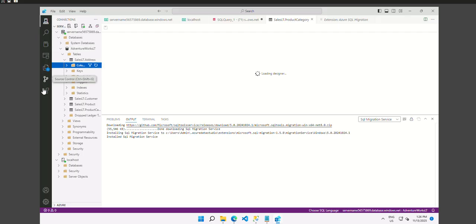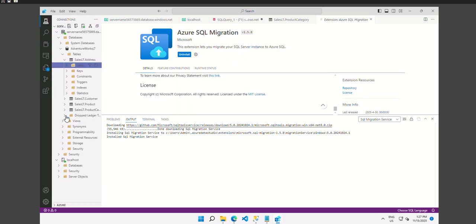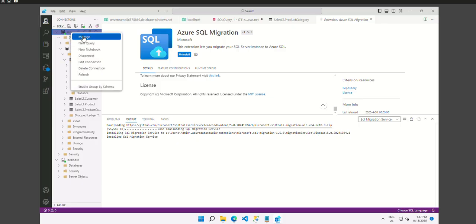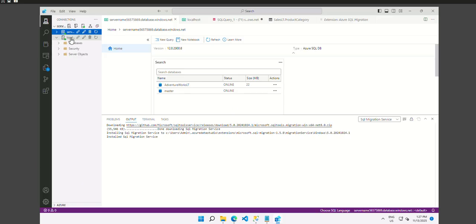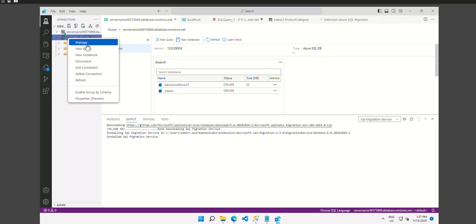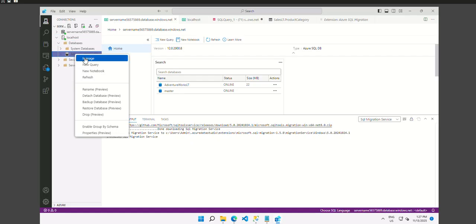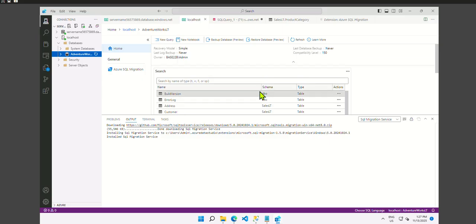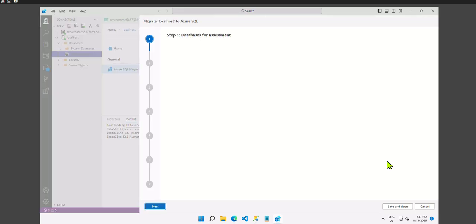Okay, now we can go to Azure SQL migration and let's go to manage. Okay, so we need to select the localhost over here. I'm going to select this database and manage SQL migration, migrate to SQL,